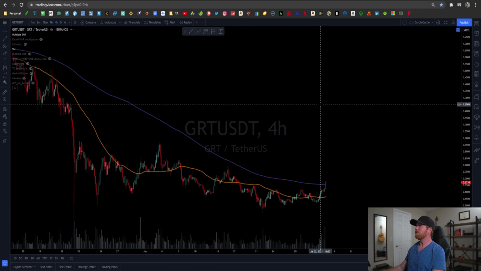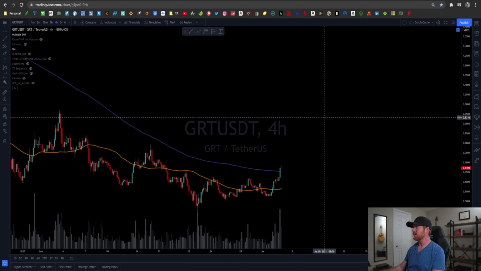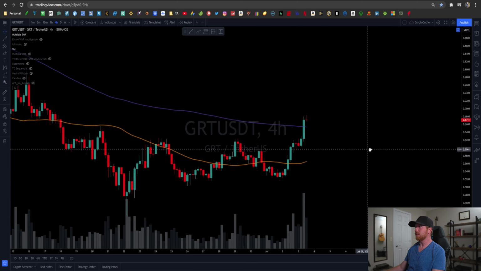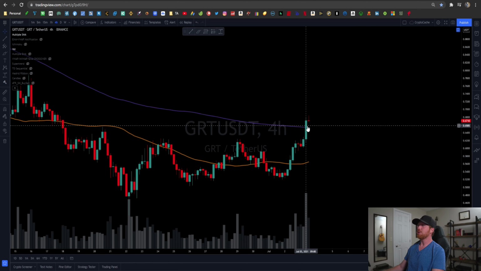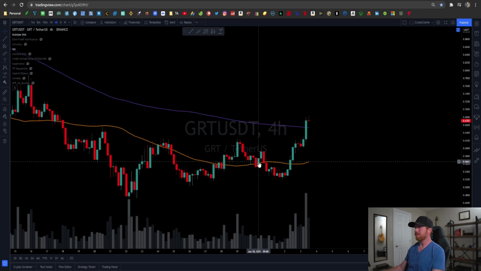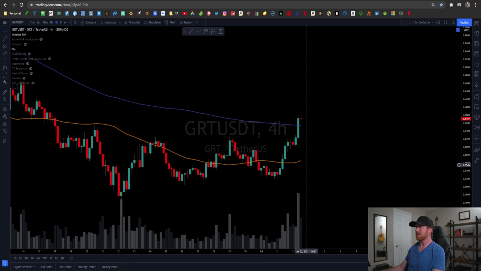All right, so looking at the 4-hour chart, let's just take a quick look here. Now, this is the thing that's impressive. Currently, the price is above and trending above the 200-day moving average. That is great news. As you can see, it broke above, and when it holds above and closes in that candle, that's when you know that it essentially broke, right? So don't ever consider a resistance or support level broken until that candle closes. But on the 4-hour chart, this is kind of the most effective time frame for this. The 200 is essentially working as a support level now. The 50 was kind of a bit of both. It was support and resistance for some time, but now it's working as a support.